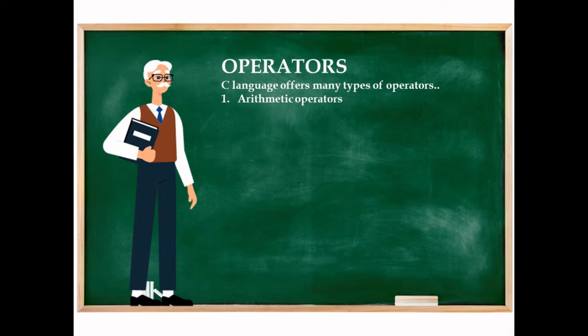C language includes various types of operators. We basically study 8 types of operators that we often use in the programming language. The first one includes arithmetic operators. The various functions that can be performed are addition, subtraction, multiplication, division, and modulus in a C program. Next is the assignment operator. These are used to assign a value of an expression to another variable.